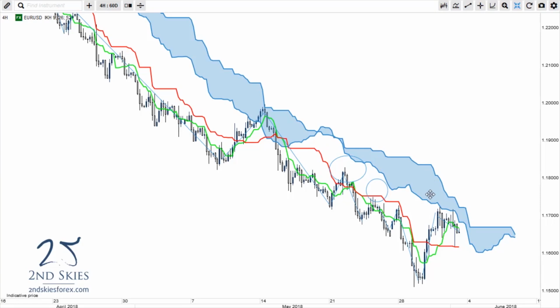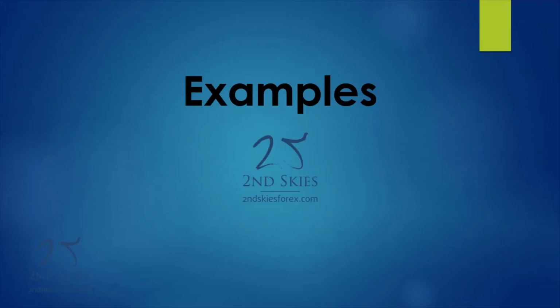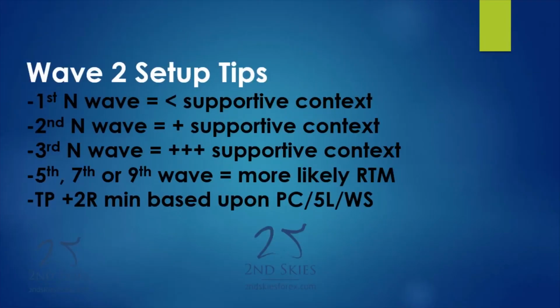But that's kind of the general format for the wave one setup on this. Anything else I want to show in this? Looking at my notes. No, so let's go on to the next slide here. So I want to talk about some wave 2 setup tips, and then I want to go back to the